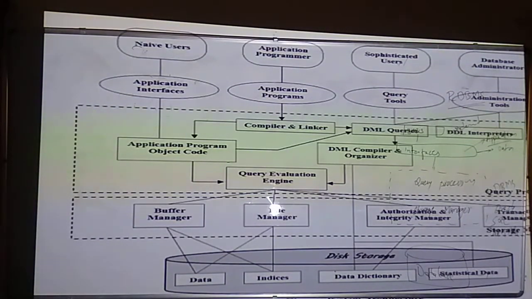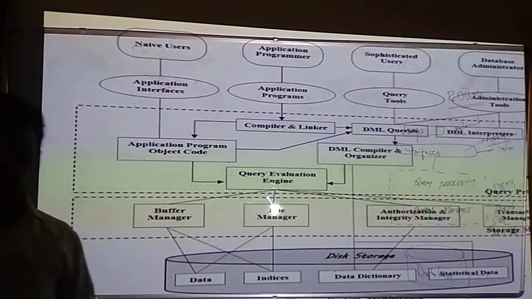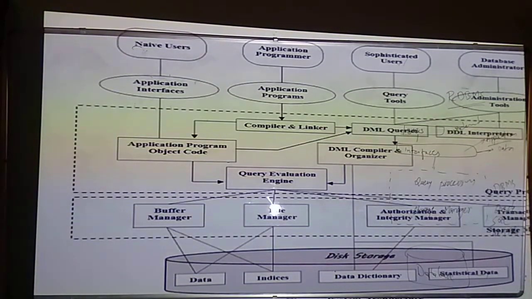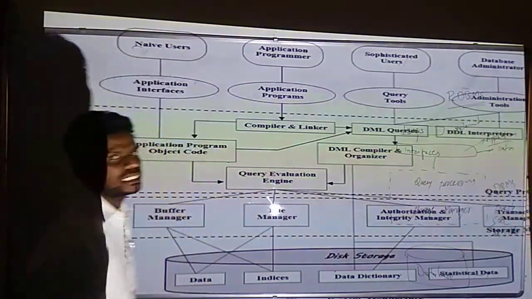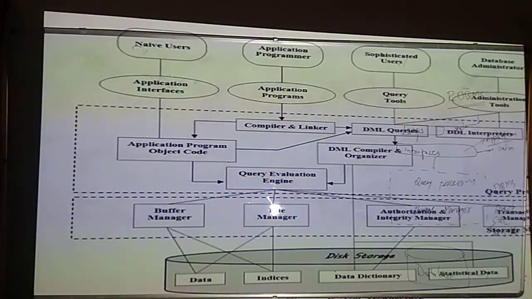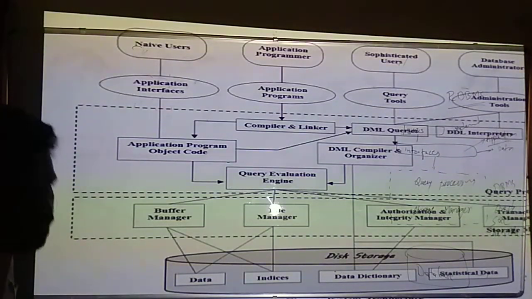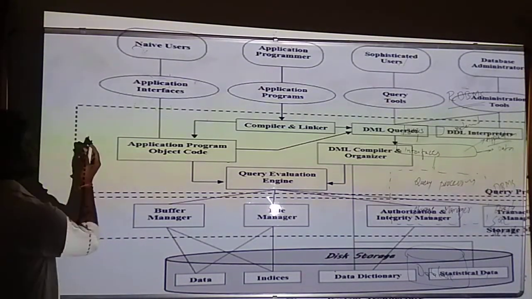Now, user level is over, interface is over. Now coming to your DBMS, the database management system. In the database management system, we have seen two kinds of parts. One is query processing. In query processing, it will use interpreters and compilers. These terms are familiar to you in the case of C and C++.